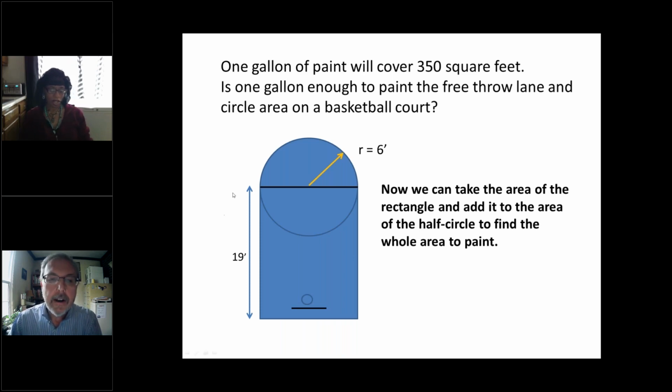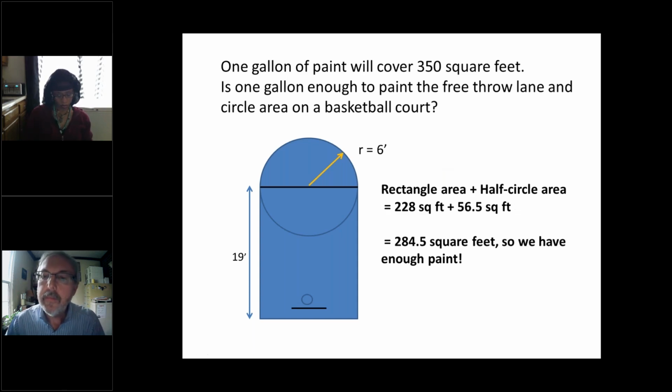So now we can take the area of this rectangle and add it to the area of the half circle. So let's do that, and we'll figure out how many square feet we have to cover with that paint. Okay, so the half circle, 228. I'm sorry, the rectangle, 228 square feet. The half circle was 56.5. So since we want to find this total area, we're going to add them together. So when we add them together,